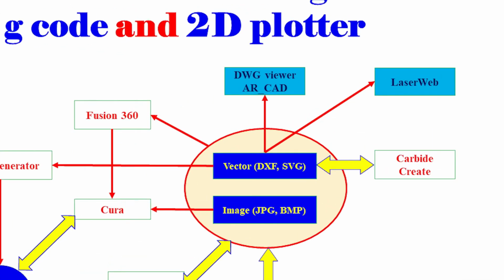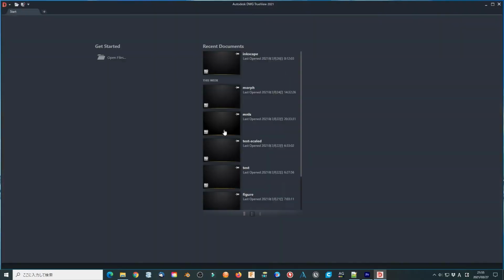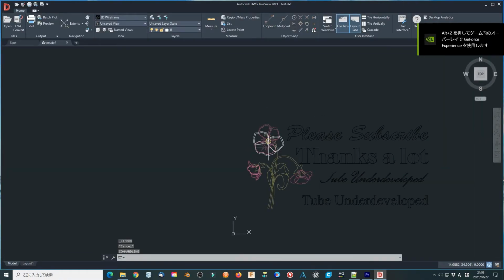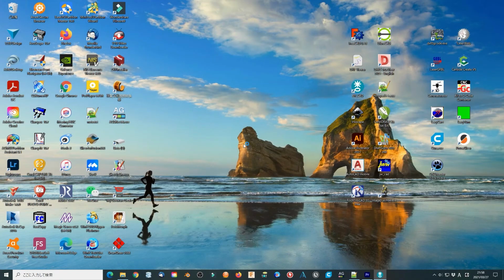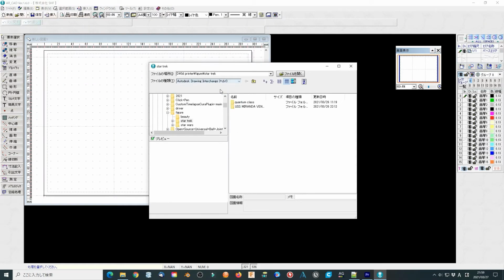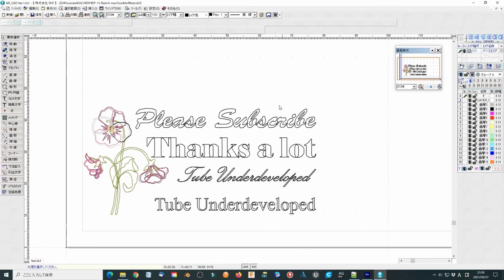First, how to check whether a DXF file or SVG file is correct. The best software is Autodesk DWG TrueView. It is free and very good. If your DXF file shows correctly here, it means this step is cleared. If you want Japanese software, I recommend you use ARCAD. It is also free and it can draw CAD figures.